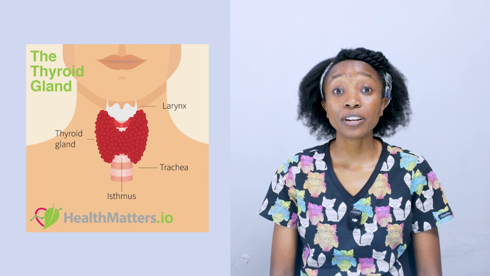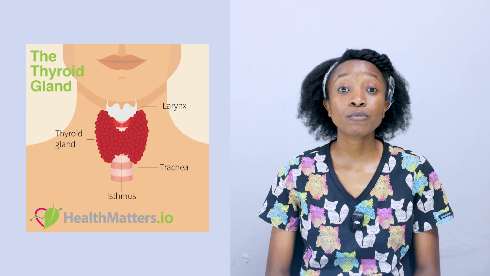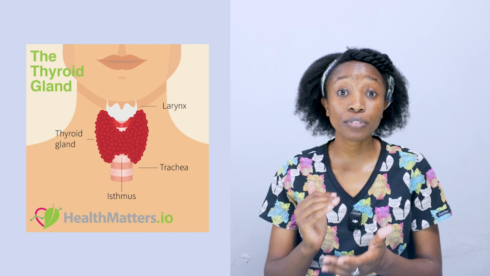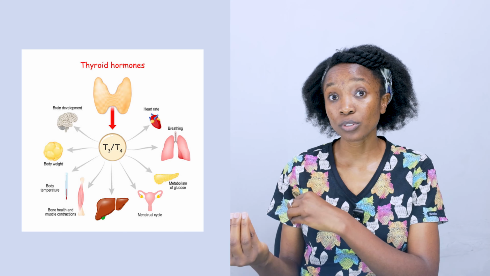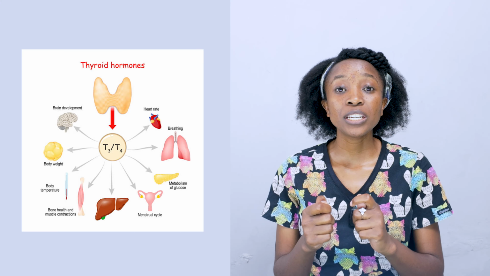The thyroid gland is a very important gland that is normally located at the anterior part of the neck, which is really the front of the neck, butterfly shaped. Very important because it is responsible for the overall metabolism of the body. And this is made possible by the hormones that it is producing, which is the thyroid hormone, which really is